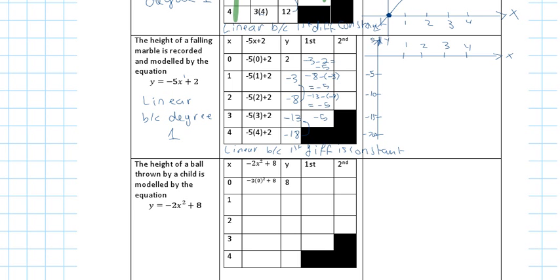Okay, so first, my first point is going to be 0, 2, so it's going to be about here. My second point is going to be 1, negative 3. And then 2, negative 8. Again, this is going to be not so detailed. 3 and negative 13. And then